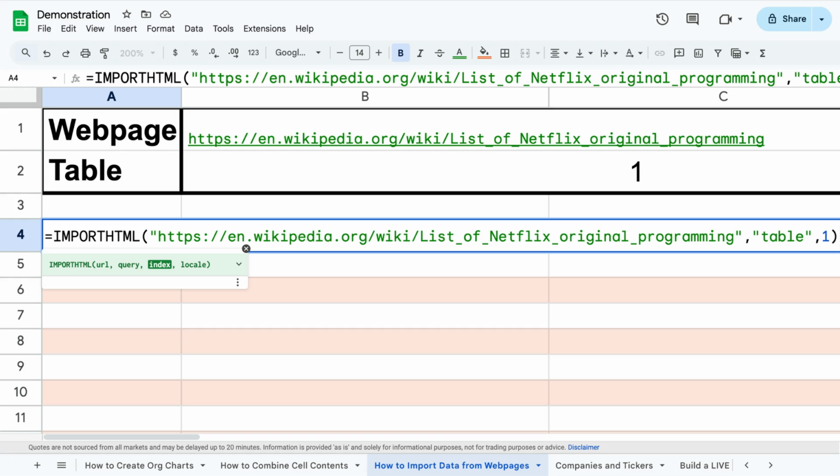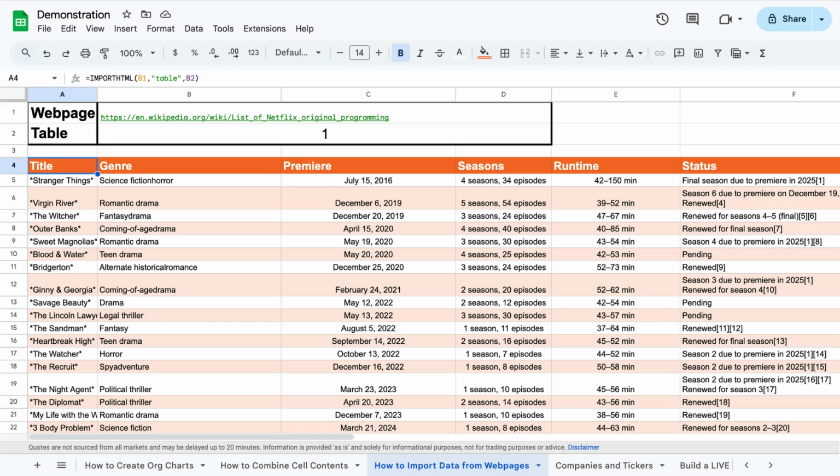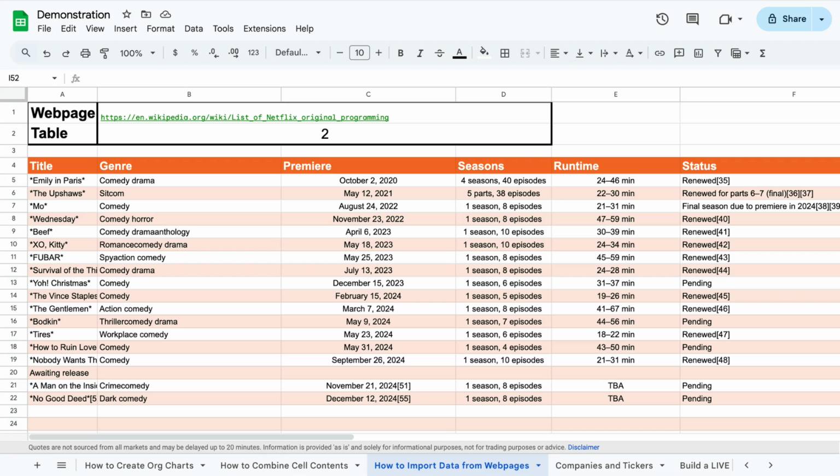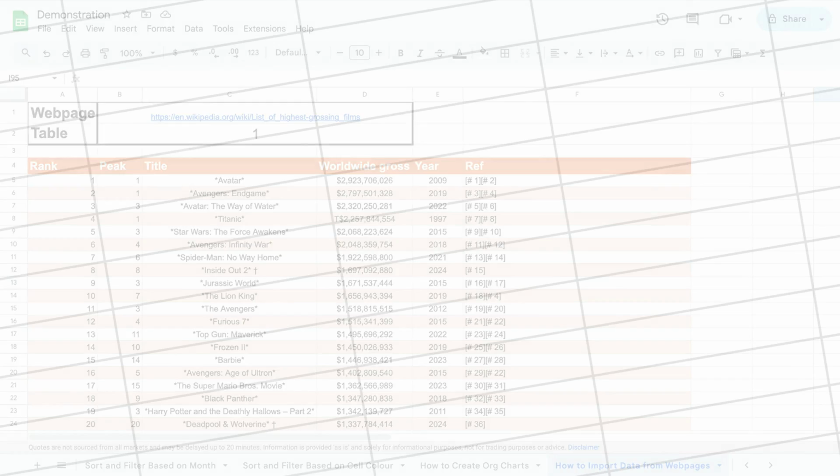To make this formula even easier to work with, we can make it dynamic by entering cell values, where we can enter this information instead to make it easier to change the inputs of the formula in the future. Once this is done, it's extremely easy to import different data from different websites, and if you found this helpful,